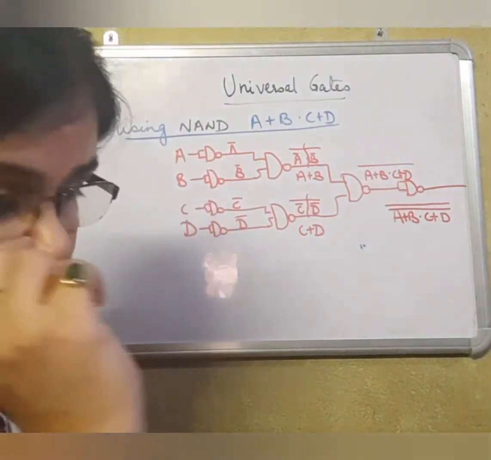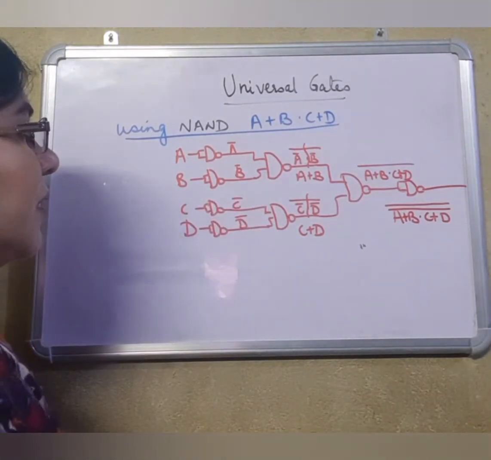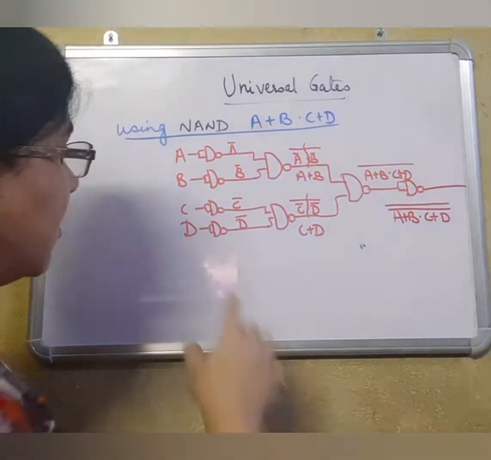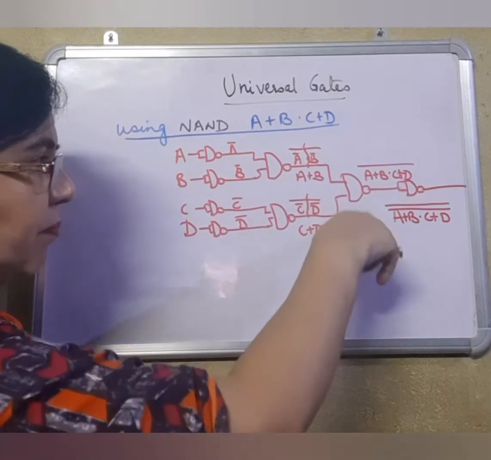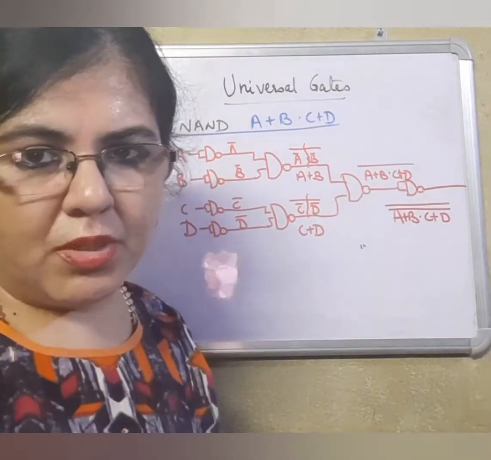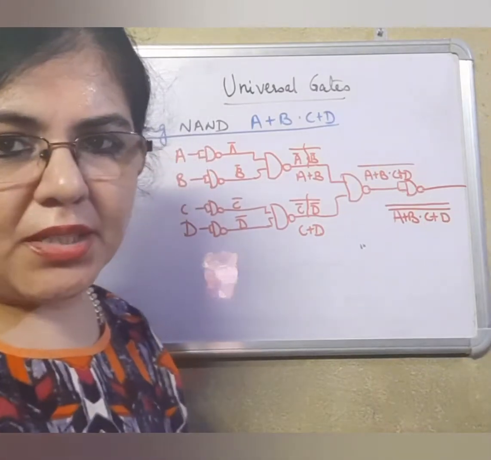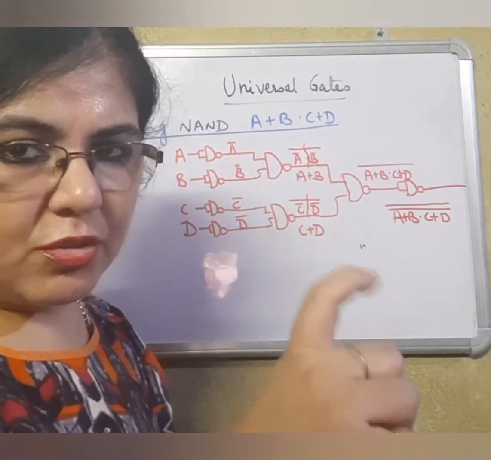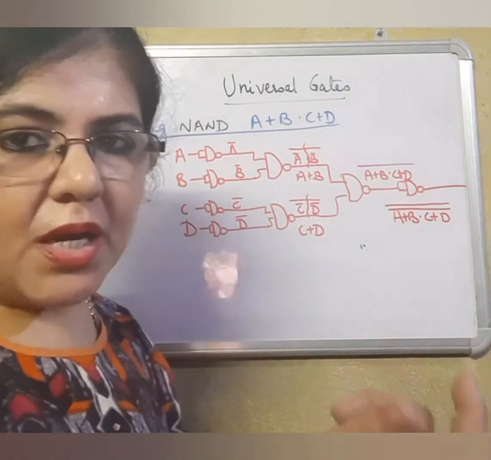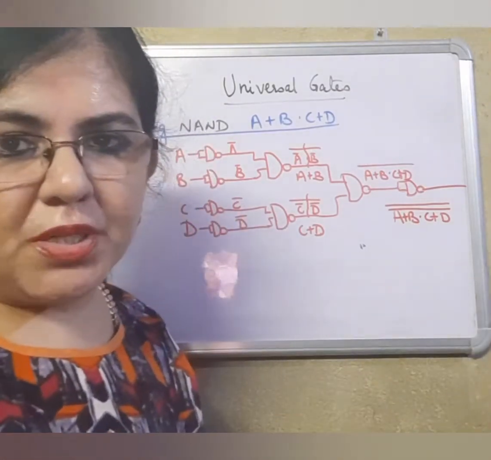So what we have done, we passed A and B separately in order to get a plus sign through NAND gate, then we joined them, we got A plus B by De Morgan. Similarly for C and D. When we passed them through a NAND gate, we found that we got an extra bar at the top, which was not the correct answer. So we had to use an extra NAND gate using that box so that the entire output can go and we get a double bar. Double bar by involution law gets cancelled off. And you get the same output A plus B dot C plus D.